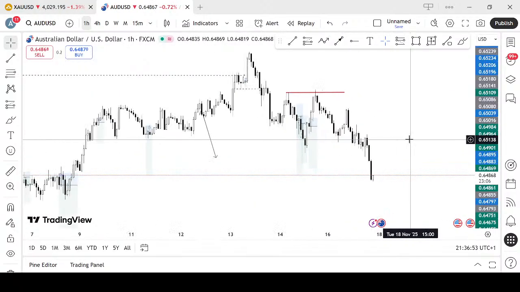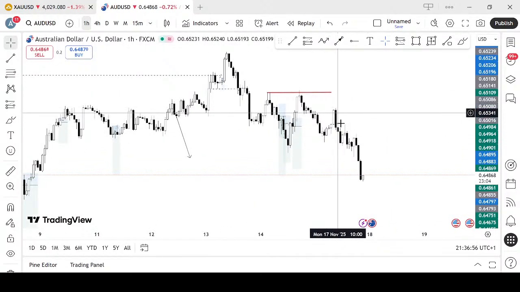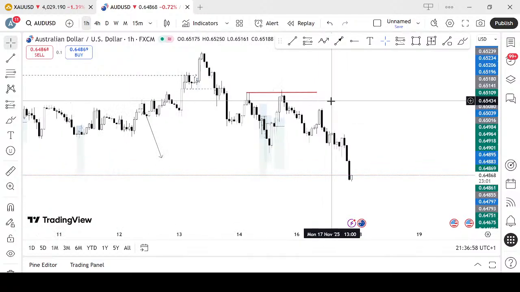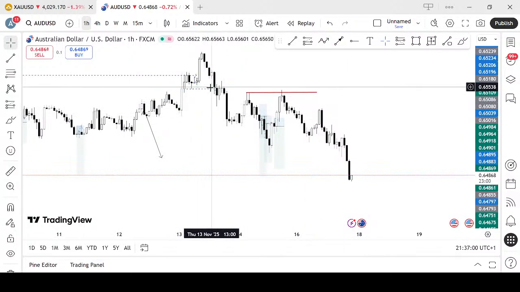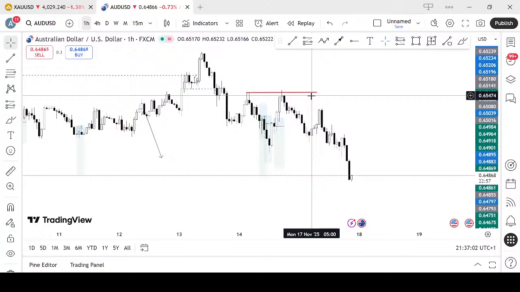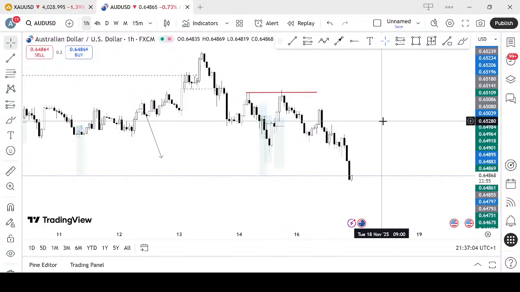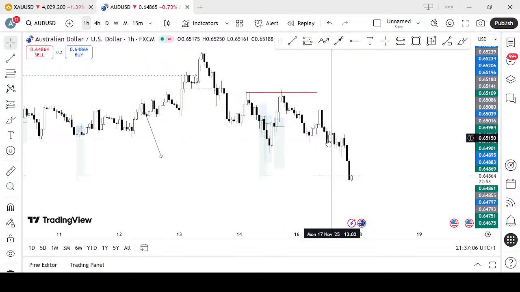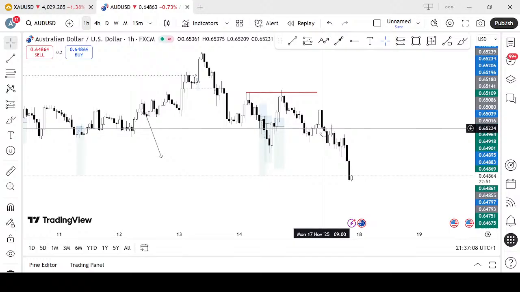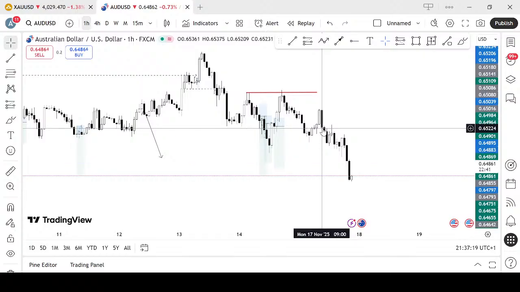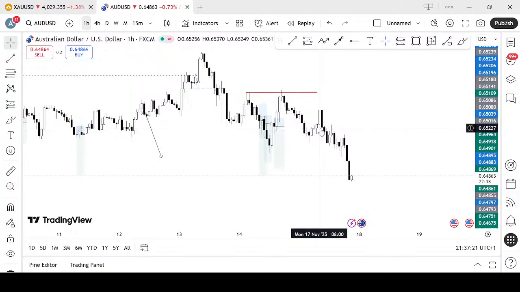And AUD USD today also gave me an entry. You can see this is the entry here. We've been selling from this moment here, and this entry is very valuable. At the same time, there was a bullish entry on Euro USD also, but I was more anticipating the price to go up on Euro USD than this, so I took the trade on Euro USD instead of this, and this happens to be the good one. You get what I'm saying?